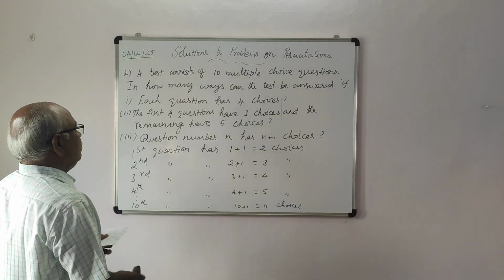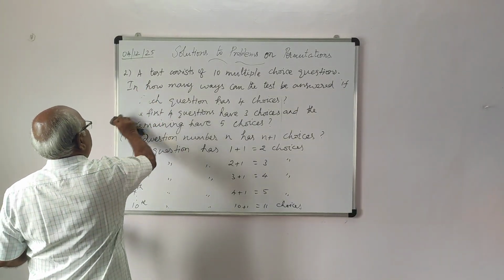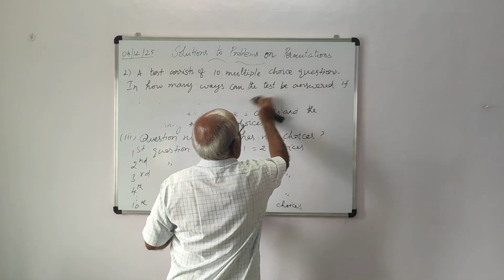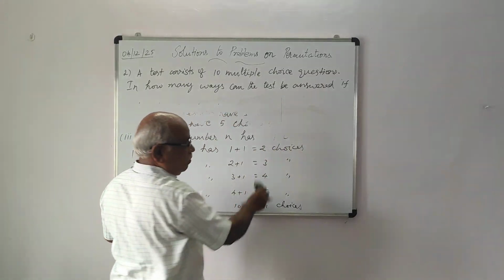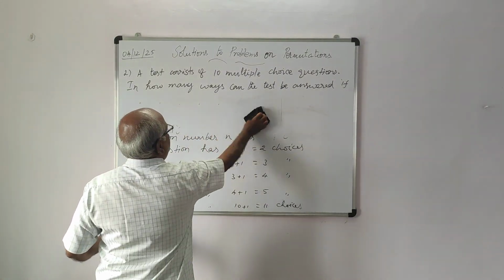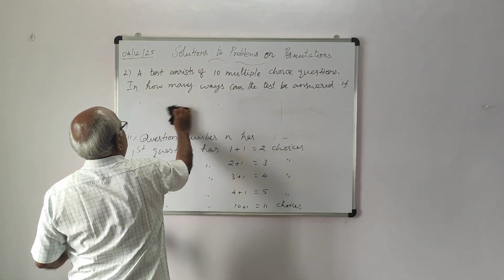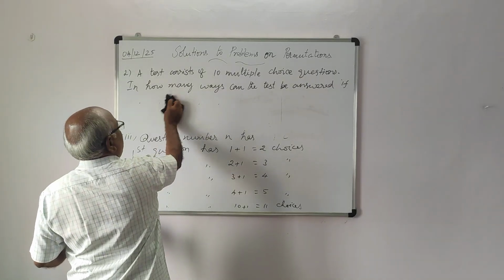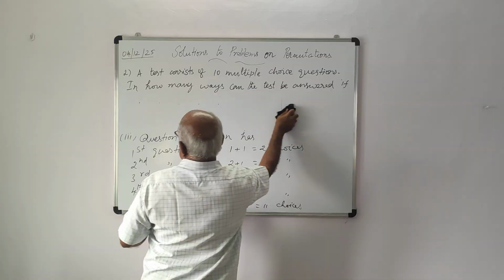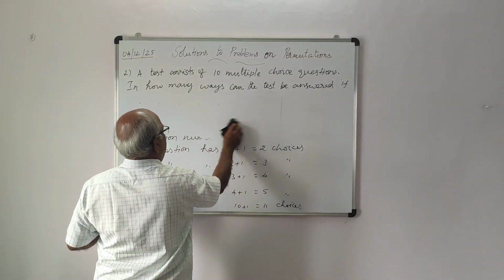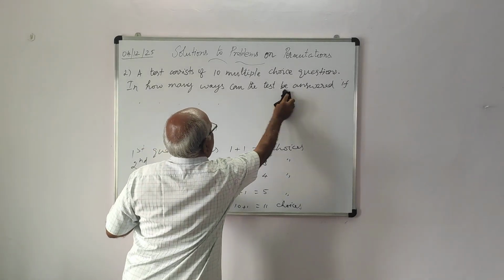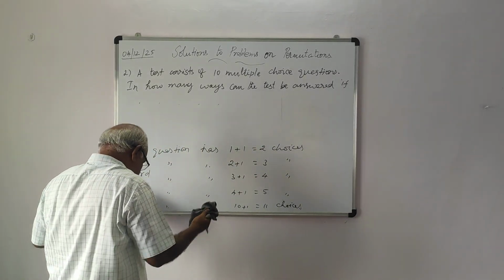So the total number of ways of answering all 10 questions for the third condition, using the rule that the nth question has n plus 1 choices: the first question has 2 choices, the second 3, the third 4, and so on, the 10th has 11 choices. Therefore, the total number of ways of answering